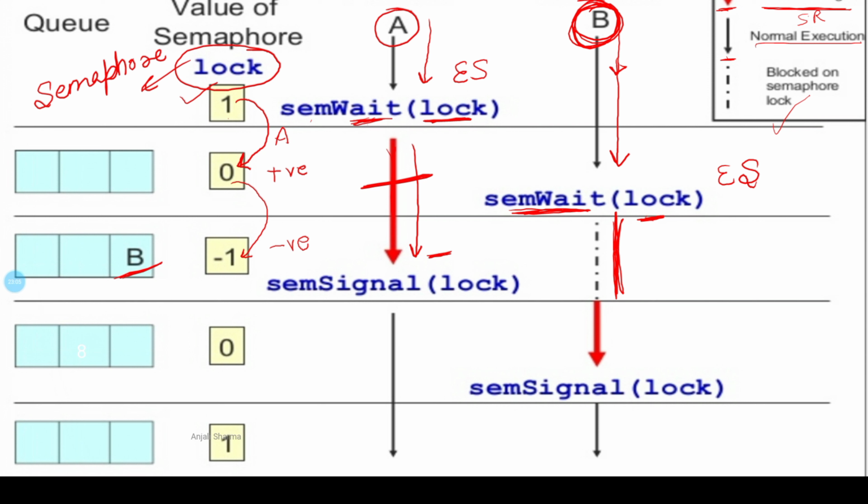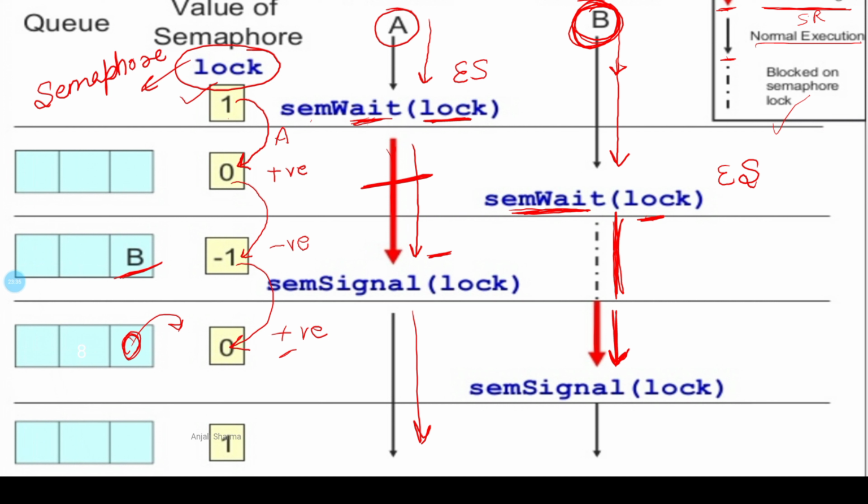It will be operating the signal operation on lock, right? So by performing the signal operation, it increments its value by 1, and now it becomes positive, which makes B come out of the queue, right? And as it becomes positive, B gets out of the queue and gets into its critical section,